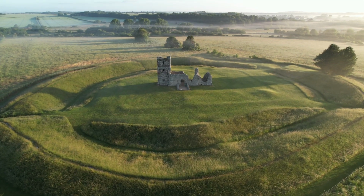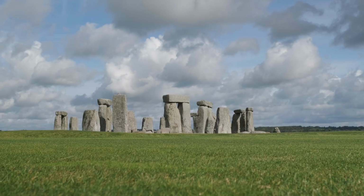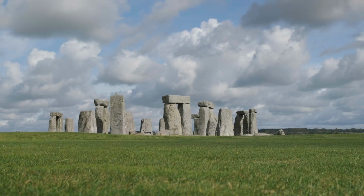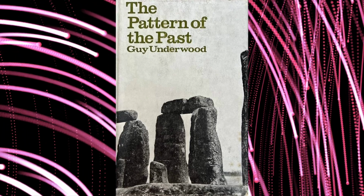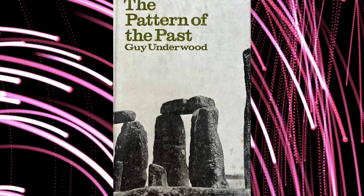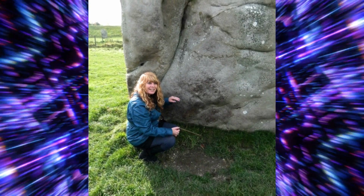Both these writings conveyed information about the concealed interlinking ley lines found at Stonehenge and reproduced various Earth energy geodetic surveys that Guy Irwin Underwood had developed and used and produced in his book The Pattern of the Past, that was published in 1972. The daughter of Dennis Wheatley, who was called Maria Wheatley, who founded the Esoteric College, has continued the researches of her father,